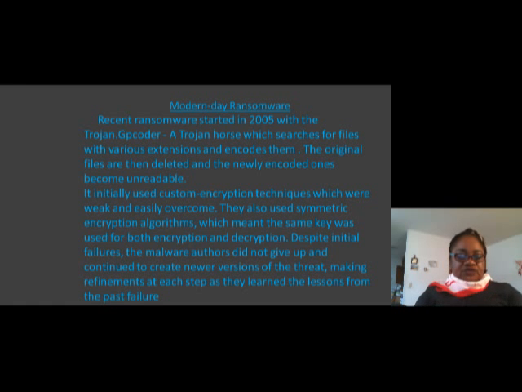They also used symmetric encryption algorithms, which meant that the same key was used for both encryption and decryption. But despite initial failures, the malware authors did not give up and continued to create newer versions of the threat. They made refinements at each step as they learned from the lessons of past failures.